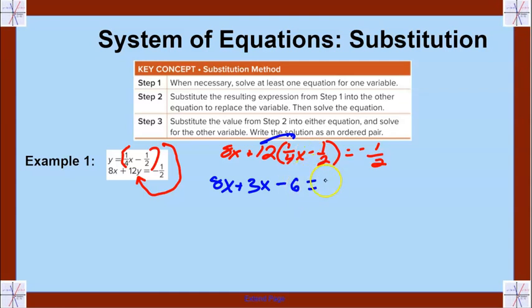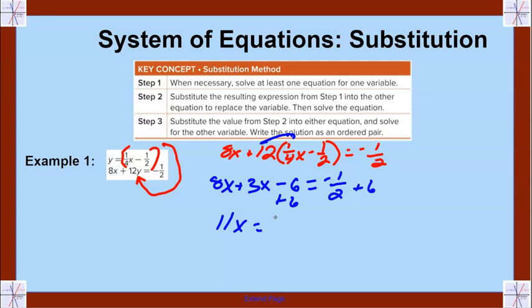And that has to equal a negative 1/2. I'm going to combine like terms, but before I do that, I want to get this 6 to the other side, so I'm going to add 6 to both sides. So now I have 8x plus 3x is 11x equals negative 1/2